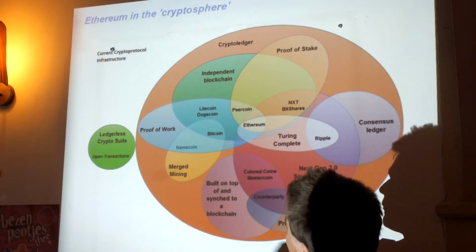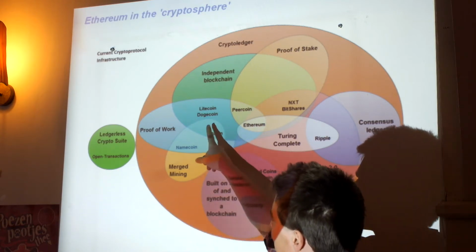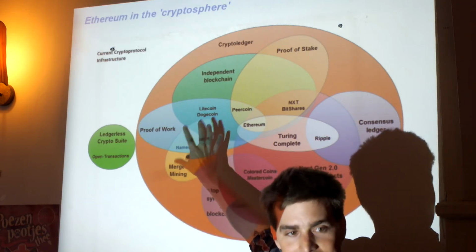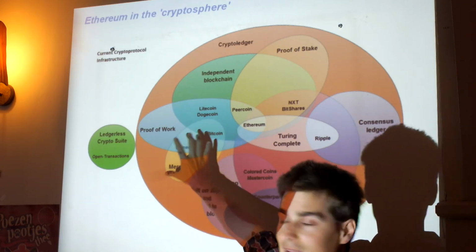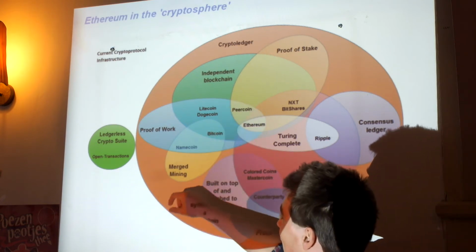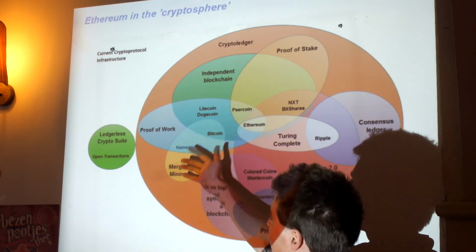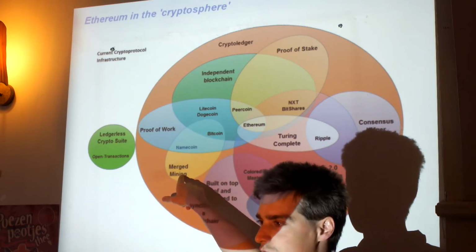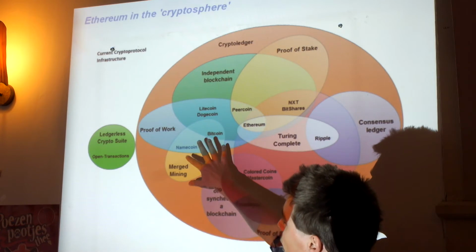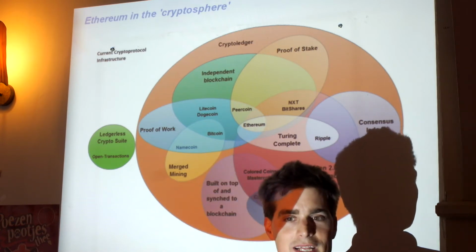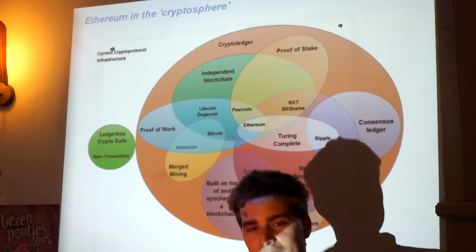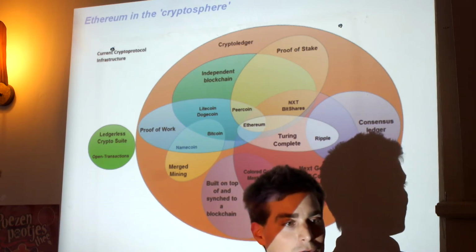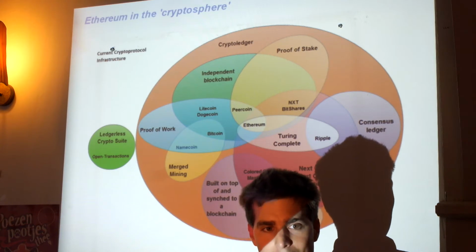Inside the crypto ledger, we of course have the Bitcoin. It is the first cryptocurrency in this case with a crypto ledger, and it's got something that's called merged mining, in the sense that all the spin-offs of Bitcoin that also use SHA-256 as an algorithm can be used to do merged mining. So when you're looking for Bitcoins with your hashing power, you can actually be looking for Namecoins at the same time, and it doesn't necessarily cost you extra hashing